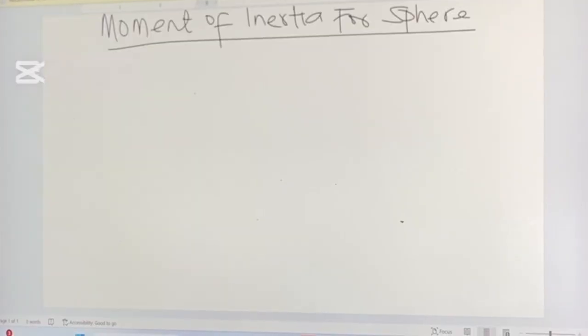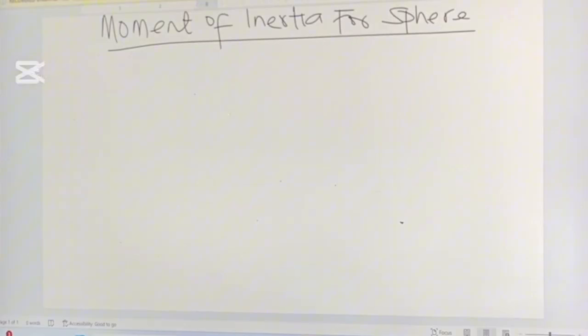In this video, we're gonna focus on the second shape for moment of inertia. Please write moment of inertia for sphere. Most times, it's always confusing to understand the moment of inertia for different shapes, but there's a shortcut rule here to know the moment of inertia depending on